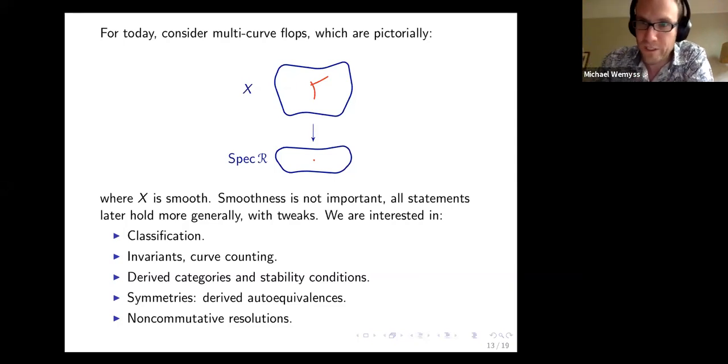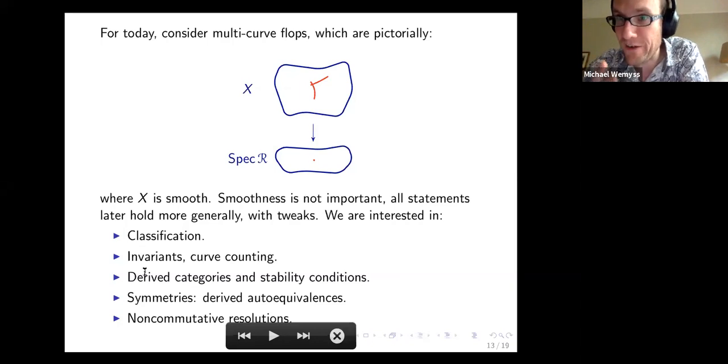And there's a whole host of curve counting theories. So Gopakumar-Vafa invariants, Gromov-Witten theory, Donaldson-Thomas theory, motivic versions thereof, Pandharipande-Thomas theory. There's lots and lots of curve counting theories, and we're interested in being able to calculate what those are. The homological, or the algebra associated with the flops, is